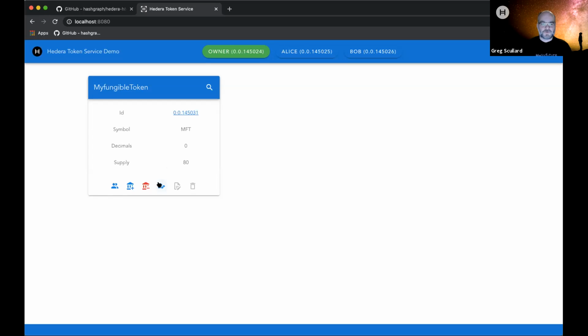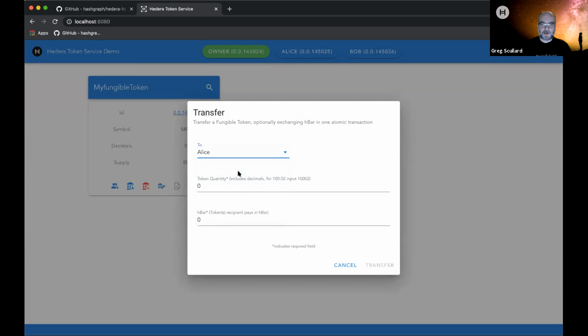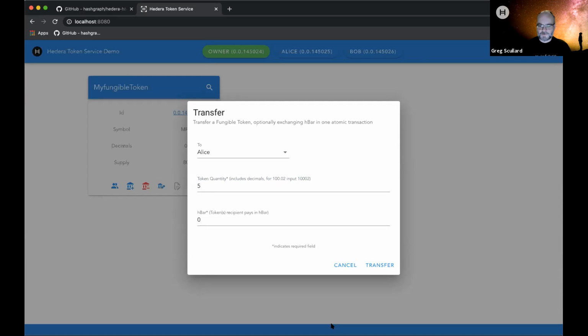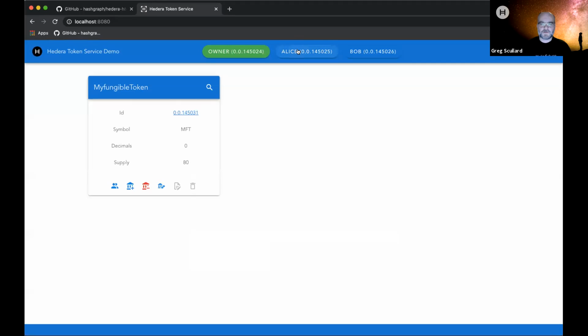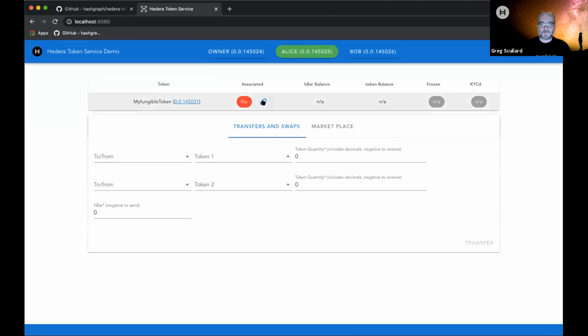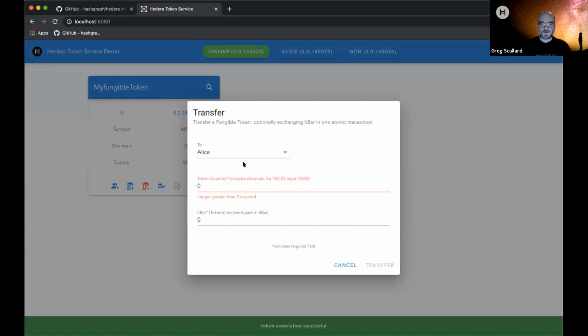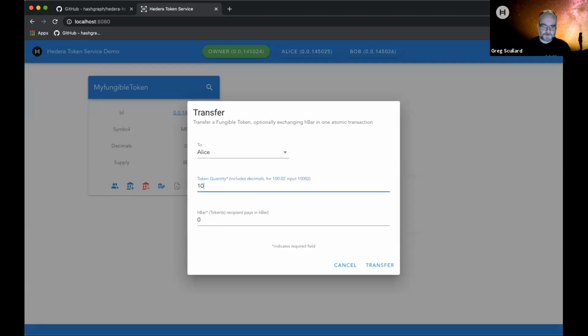So for example, if I wanted to transfer this token now to Alice, and I wanted to transfer 5, Alice hasn't been KYC'd, or she's not even associated with the account. As Donald said earlier, we can't airdrop tokens onto Alice's account until she's associated. So we'll do that for Alice right now. Now she's associated. Bob will associate as well. Then if I go back to the owner view and try to transfer to Alice a quantity of 10,